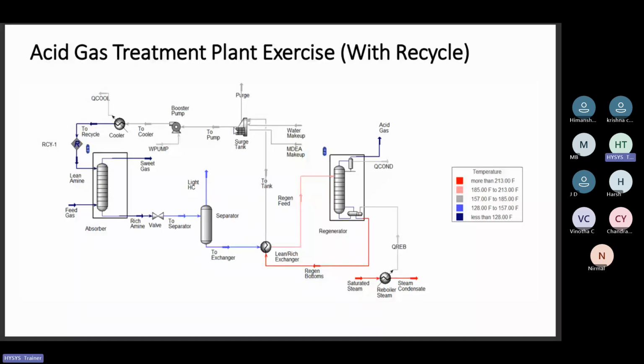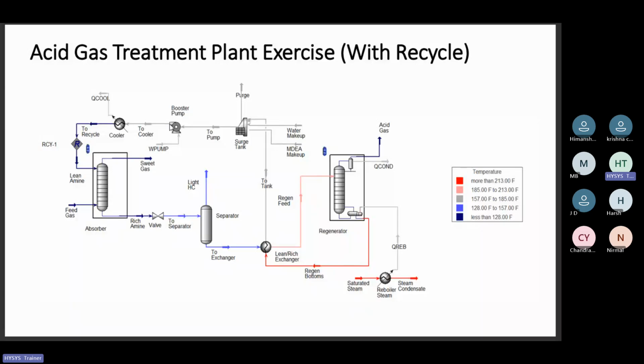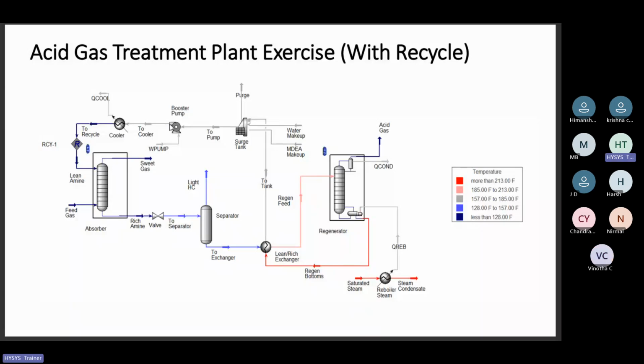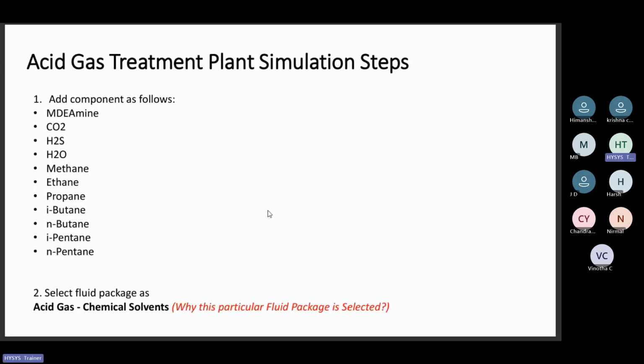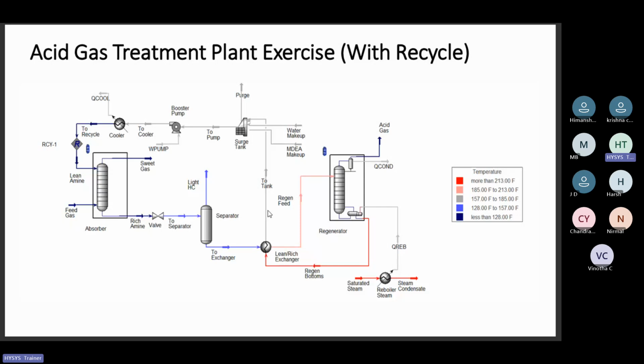Here you will see that different streams have different colors. Generally, the material streams will have blue color and the energy streams will have red color. All the material streams are dark blue in color and all the energy streams are dark red in color. But here you can see that there are different colors based on temperature ranges. So in today's session, we will see how these temperature ranges can be applicable, because